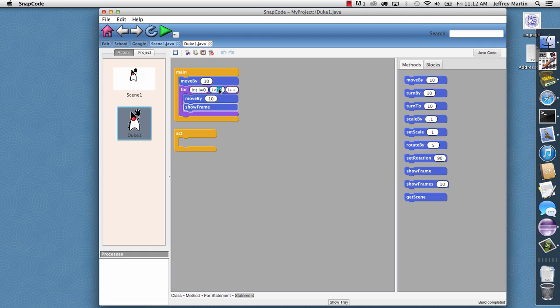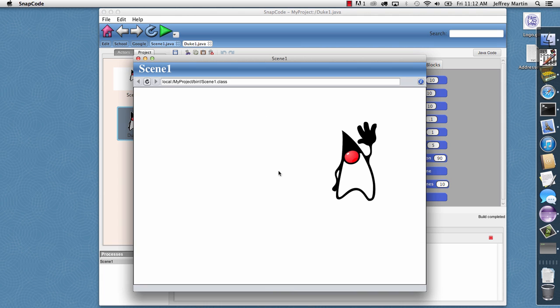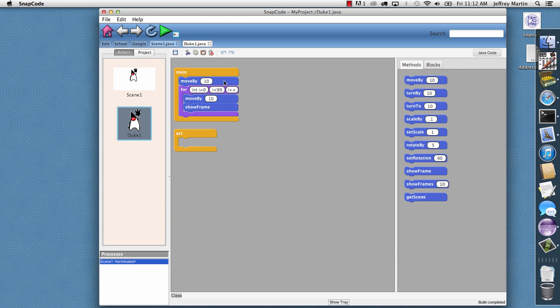And let me change the loop to be 99. And so just with that, if I hit run, it'll execute our application, and there's Duke. And Duke runs 99 times through the loop, moving by 10 each time. So that's a simple animation, but let's go ahead and remove all this and take advantage of the act